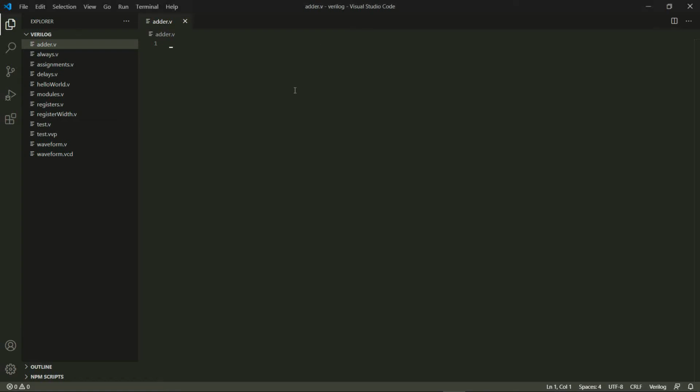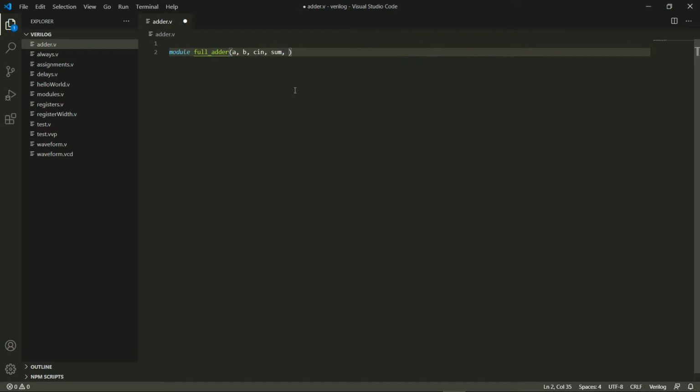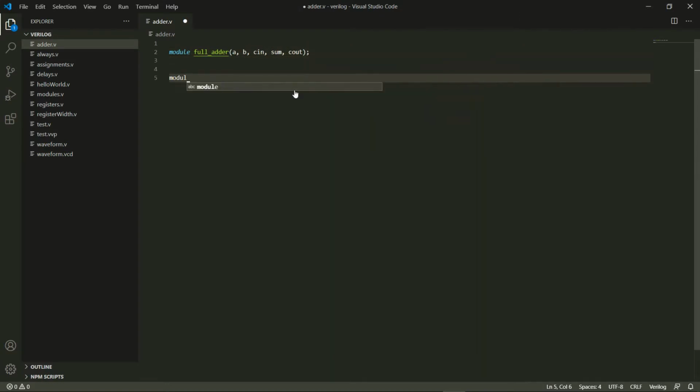Hey everyone, so in this video let's write our own module to implement an adder, a full adder, and I'm not going to be worrying much about the signs, so we'll just make it an unsigned adder. So let's go ahead and create our module for the adder, and this will take three inputs, A, B and the carry in, and the outputs would be sum and carry out. So this is my module,